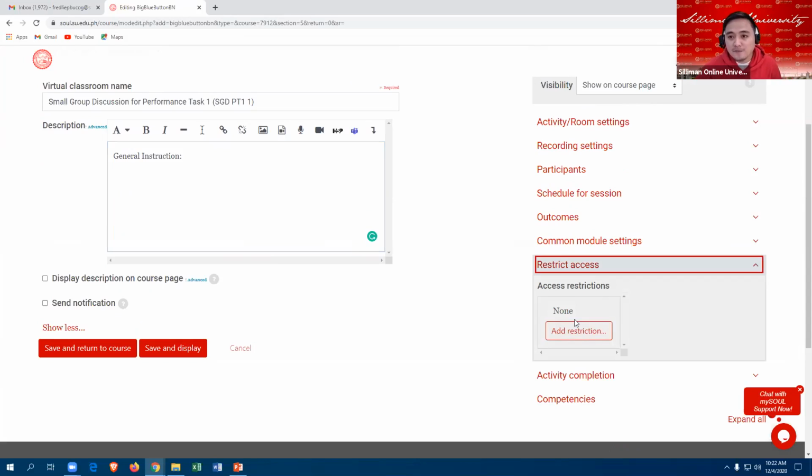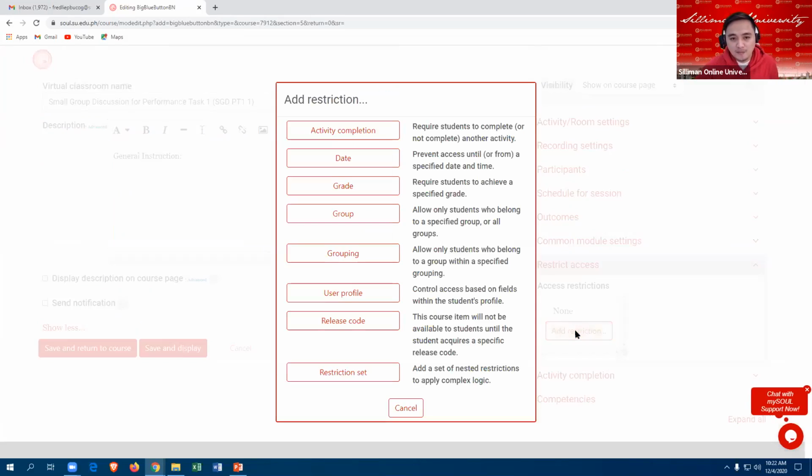So this is based from the groups. So just click the restrict access and then add restriction. And then you select the group button. So this will allow only students who belong to a specific group or all of the groups.